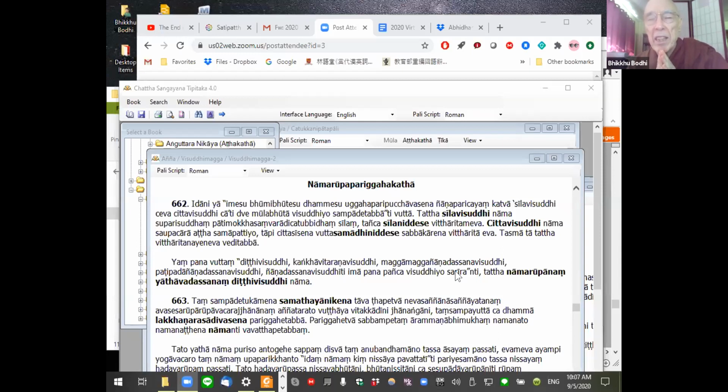Namo tassa bhagavato arahato samma sambuddhassa. Namo tassa bhagavato arahato samma sambuddhassa. Namo tassa bhagavato arahato samma